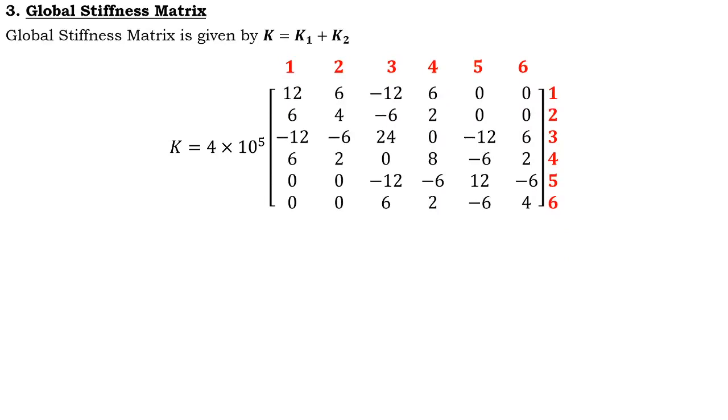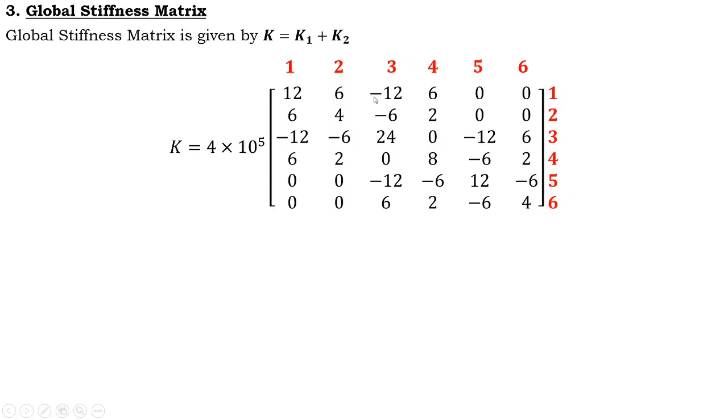So this is what my global stiffness matrix is. As I told, I need to write 6 horizontally, 6 vertically, because it's a 6 cross 6 matrix with each node having 2 degrees of freedom. Therefore I mentioned the first row values. Similarly, these are the second row values. When I come to the third of third, it is addition of two values, therefore it is 24. Similarly, 4 of 4, it is addition of two values, because of that the value is 8.